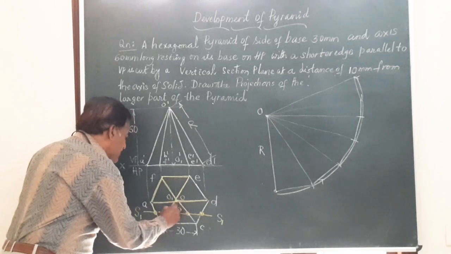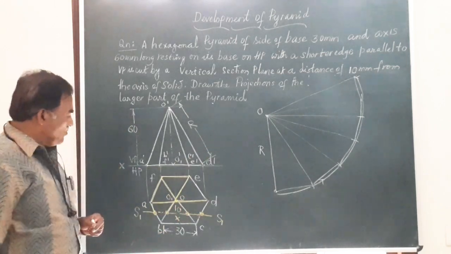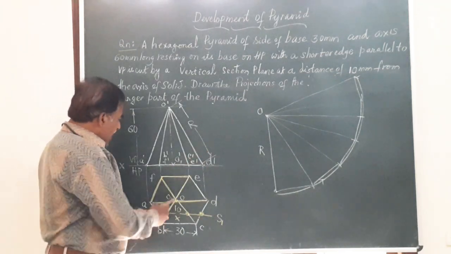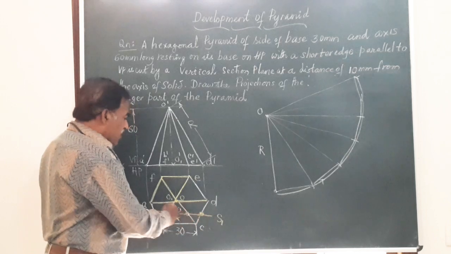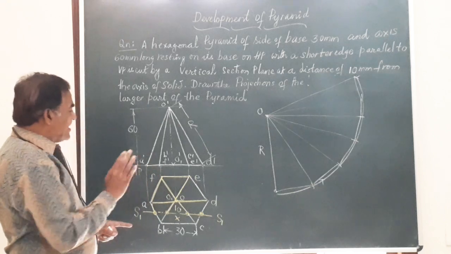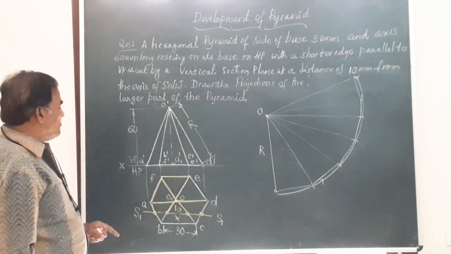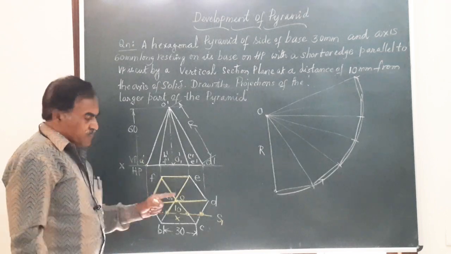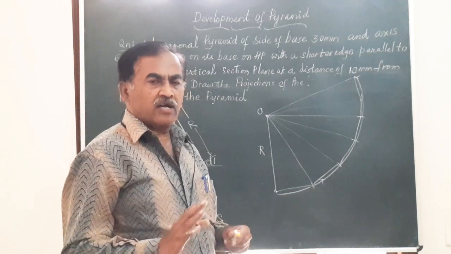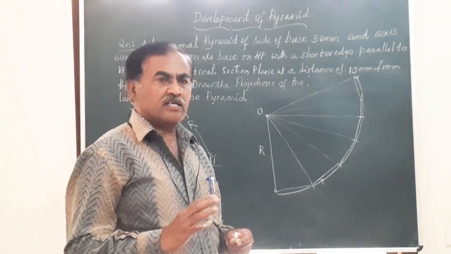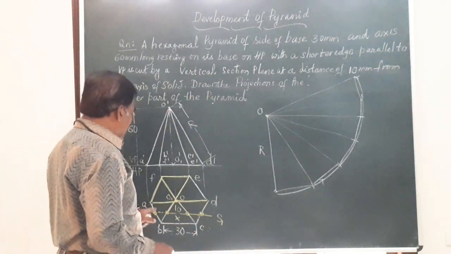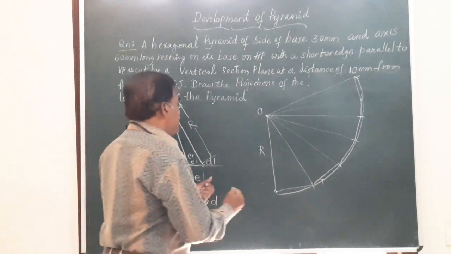So let me mark these in the development. And one more thing to observe here is, friends, in the development, you have OA, OF, OE, OD, all these are retained. Only there are 4 points at which the solid is being cut by the section plane. So you can just mark these distances. And one more important thing here is that the section plane cutting the solid is not removing any of the total slant edges completely. So you can start the development either from A or B or C, etc. Let me start with A.